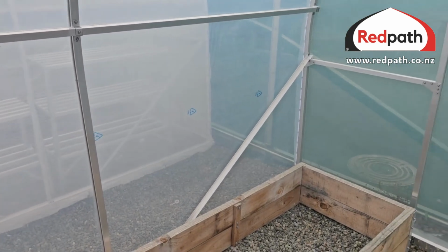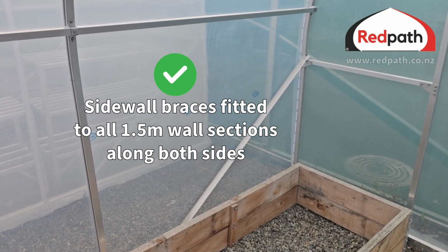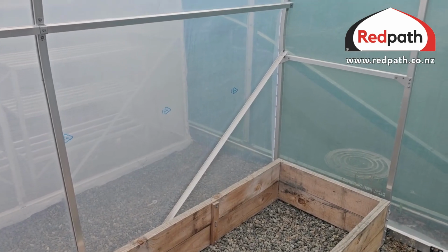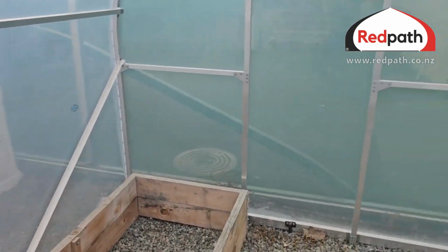So on a 3 metre one that's only two, but on a 4.5 there's three sections, so there would be three braces each side. And on the 6 metre there'd be four sections, you'd have four braces, etc. So that's the collar tie and the wall bracing extras, and also on the high wind kit in the central portal,